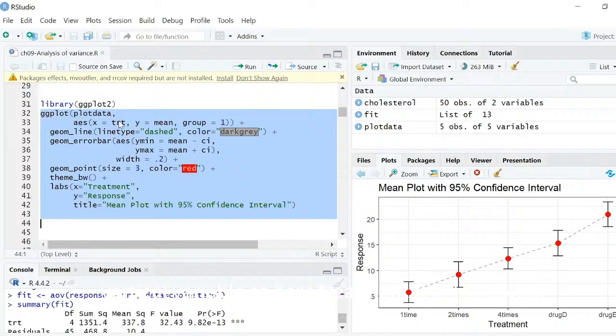Here treatment is the horizontal label and y is the mean value. And the group is the same as treatment. And we use the geom_line type, with linetype dashed and with a color. And we also set the geom